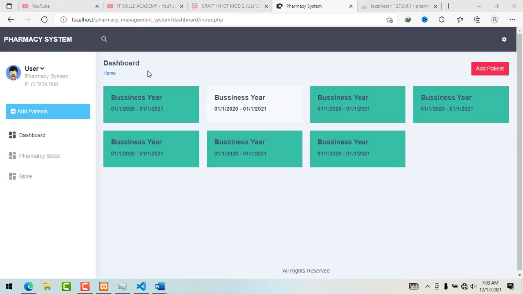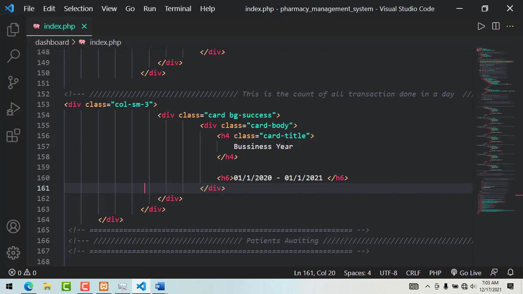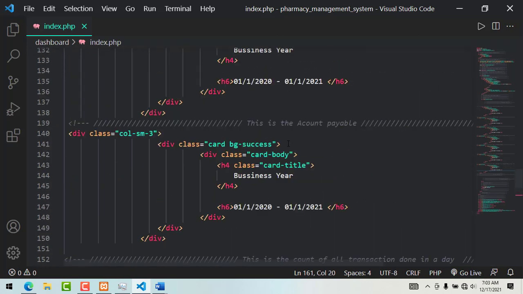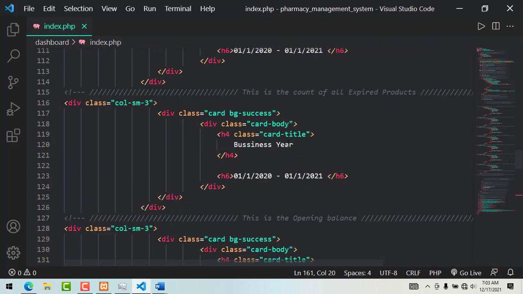Well, as you can now see, we have all the cards. We are now just left to modify them so that they have the contents that we want and the different colors that we want. If you want it to have the same color, it's all about you, but in my case I just have it in different colors. So let's just modify that. So starting from the very second one here,